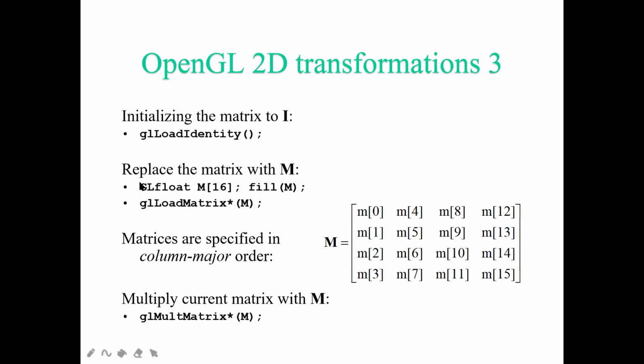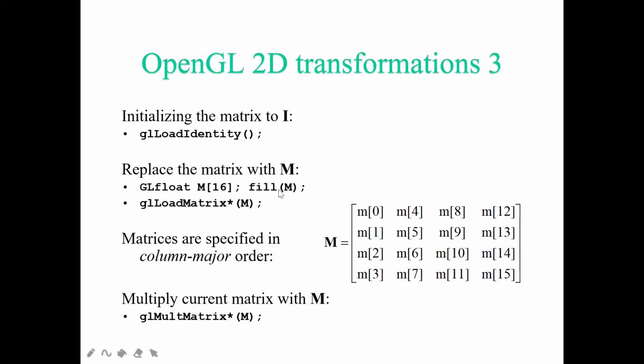If I replace all the matrix with an M value, and suppose I want to fill in a 4 cross 4 matrix, I have to give 16 values, right? 4 cross 4 means 4 into 4, 16. You can declare it as GLfloat or anything. Here I'm showing you how to write it in matrix form. So you are going to write it in this way.